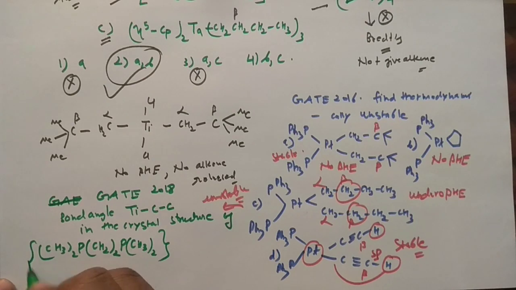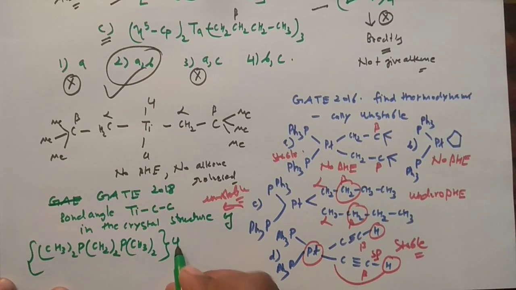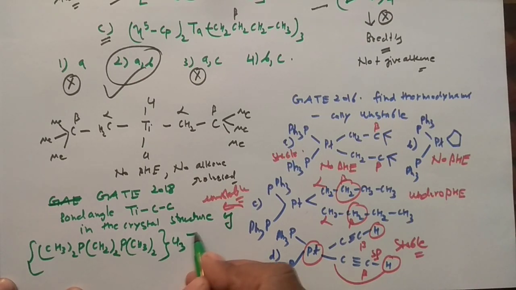This is the ligand part, and TiCl3 was there. And then they have given you the titanium, and the CH2, and the CH2 in that manner. So clearly you can see they can undergo